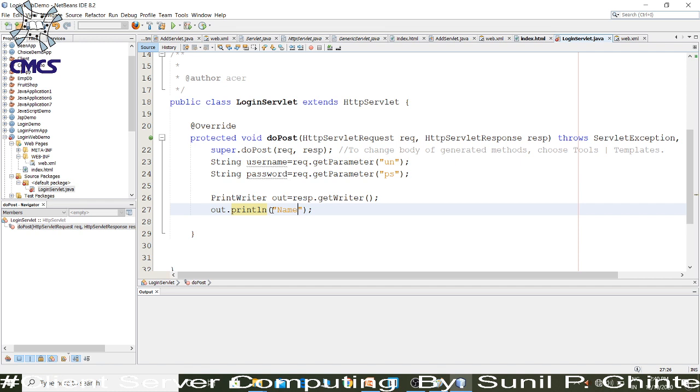This is the formatted output. Here we can use the username.